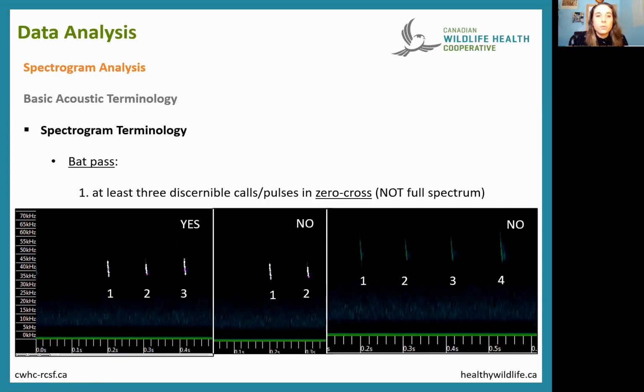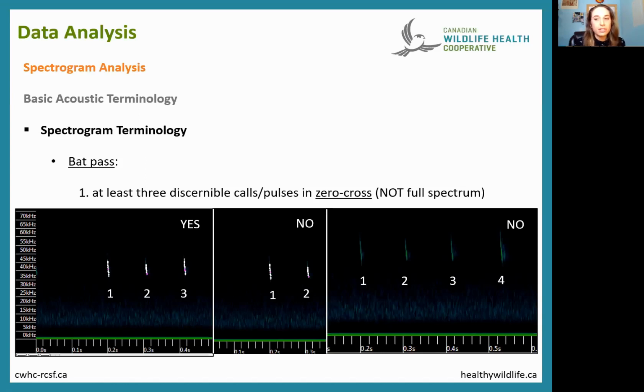So we also need to define what a bat pass is. A bat pass is the unit of measurement that we often use when calculating species magnitude of activity during our stationary point surveys or our species relative abundance estimates during our mobile transects. So Any bat defines a bat pass as a sequence of calls or pulses that are separated by at least 2 seconds. You don't really have to worry about that too much because you will see in the detector settings, I think Yordi has that in a video online, but when we set the detector, we set the detector trigger window to 2 seconds, and that should ensure that each separate recorded file constitutes a separate bat pass